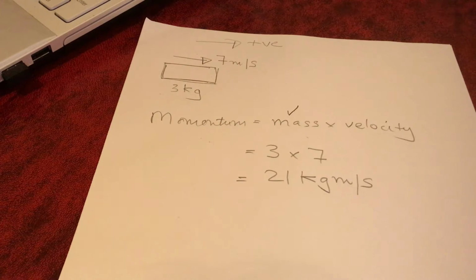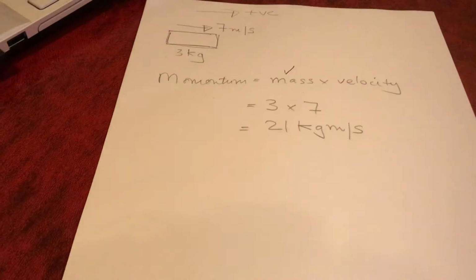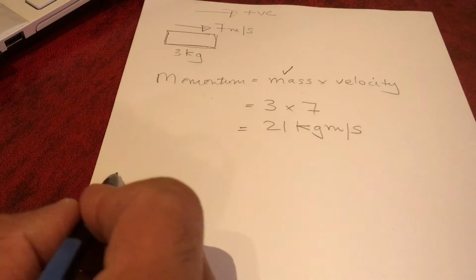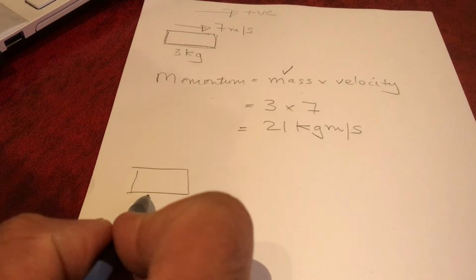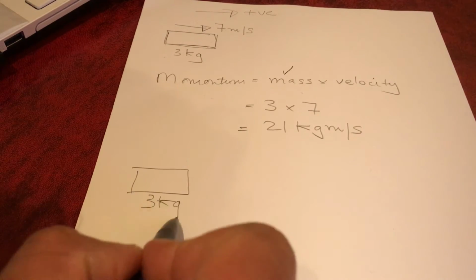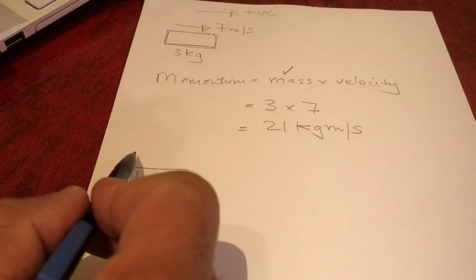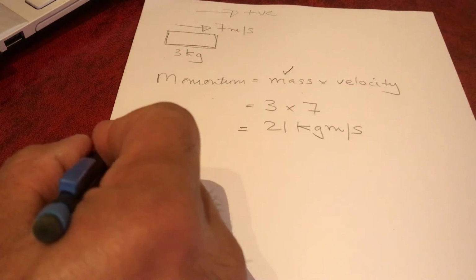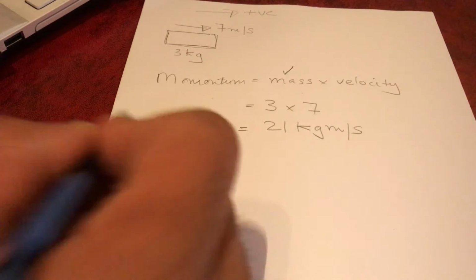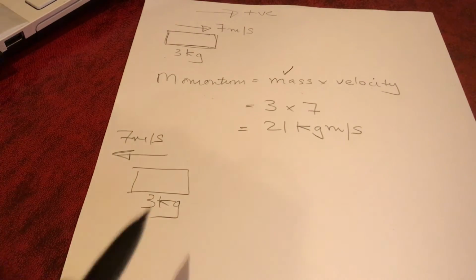Now, I mentioned positive direction now, but if you now have another example where we have, let's say, for example, an object, the same object again. Now, if we have the same object again like this, and we basically have a 3 kilogram object again like this, but this time the object is traveling at the same speed, but it's traveling in the opposite direction, we can actually say that the momentum